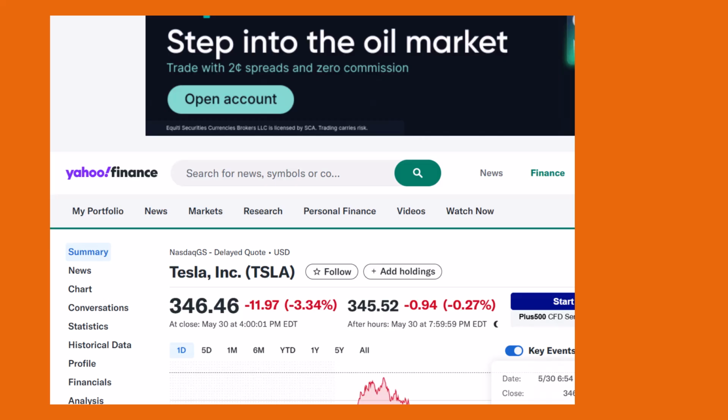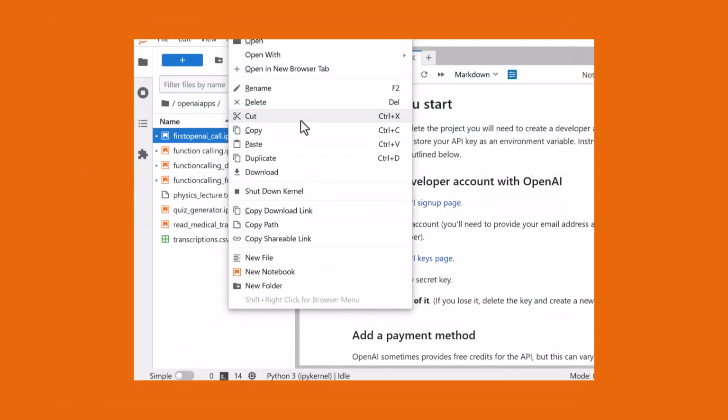Let's head to Jupyter Notebook. Let's duplicate the script we created in our first tutorial for setting up the OpenAI environment. And if you haven't watched that video yet, or if your setup isn't ready, pause here, check out the first